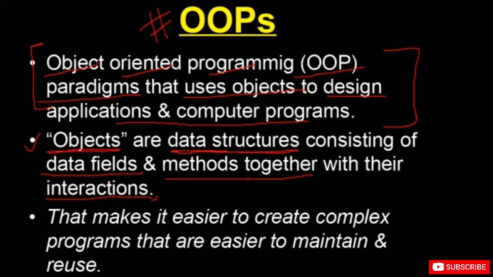Like if I say 2 plus 3, it is going to activate the positive sign, the addition circuit, and that circuit is going to work here. So that is a kind of object. Well, technically an operator, but you can relate to that. Now the third point: it makes it easier to create complex programs that are easy to maintain and reuse. Write a program once and reuse it again and again. That's what all efficient programmers do, and you must do it too.